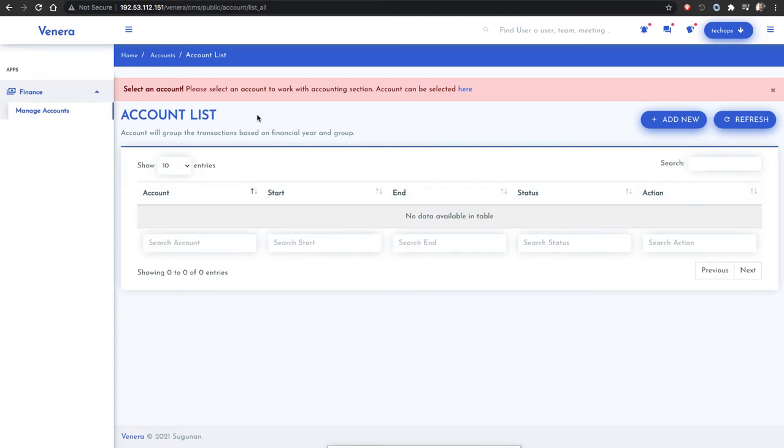So in the very first stage, there are no financial accounts. The financial year is not added here, so we need to add that. You can see the error message also in this top area, because we have to select an account to work with it. Here also we can see there is no menu under this area. So go to the add new section,